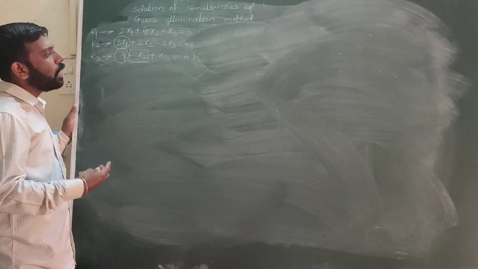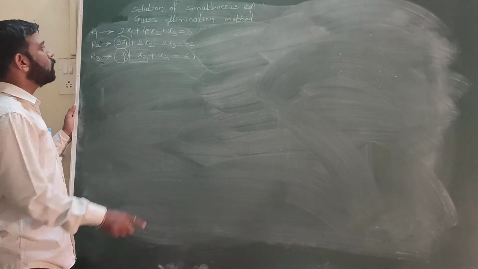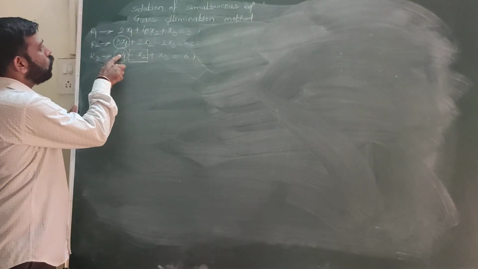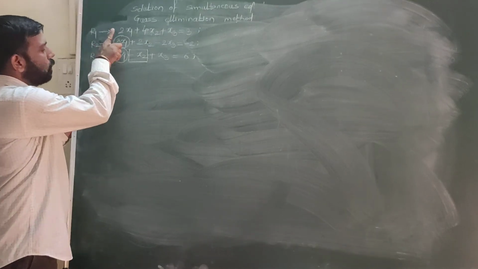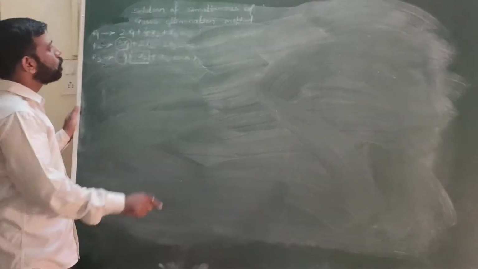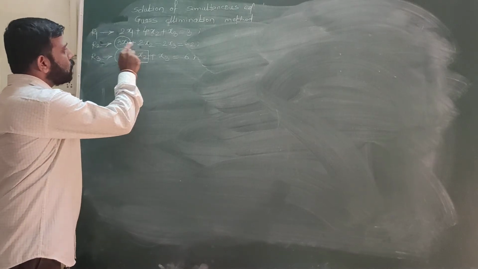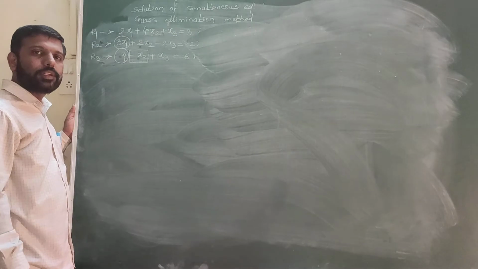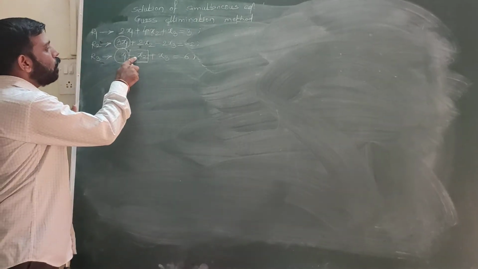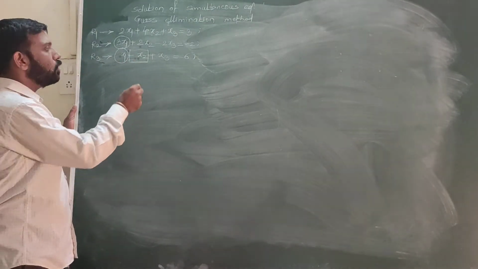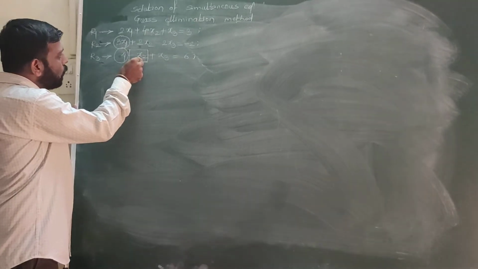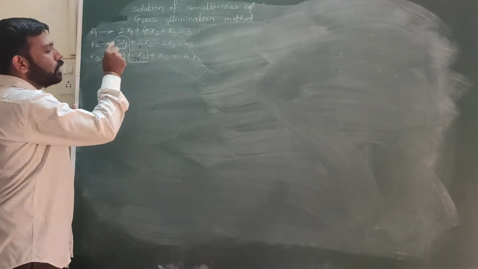So we perform this calculation in two steps. First, make these two elements 0 with this diagonal element. That is our step 1. Next step, make this element 0 with this diagonal element. That is our step 2. Now this element gets changed after the operation, so whatever term we have here, that we will make 0 with this diagonal.